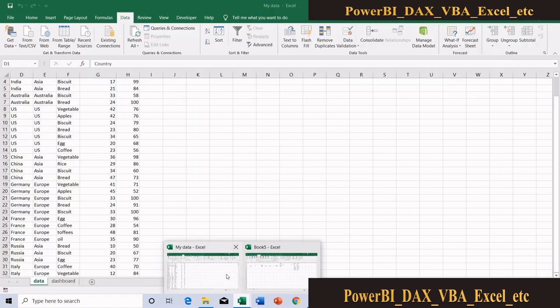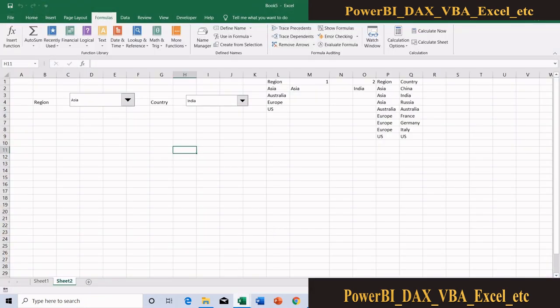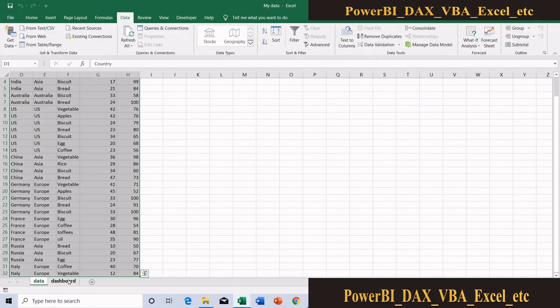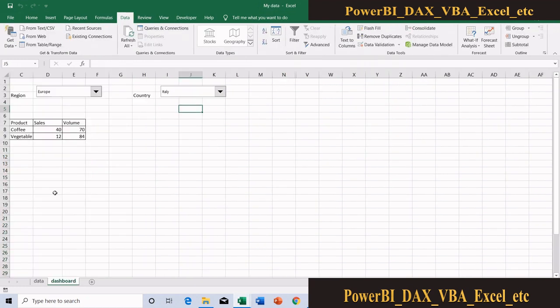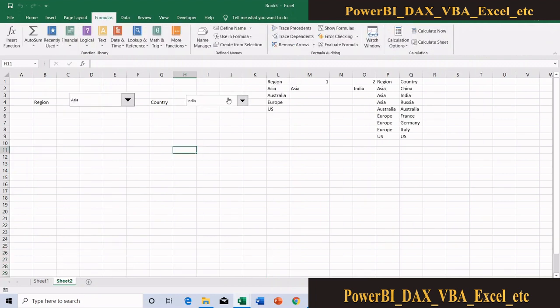Okay, now next what are we going to do? We are going to populate our output like this. For doing that, I now have my region and country. Here I will get my selected region, selected country.